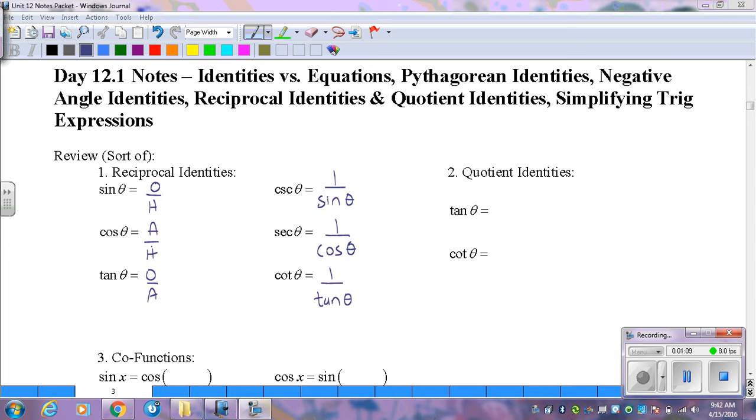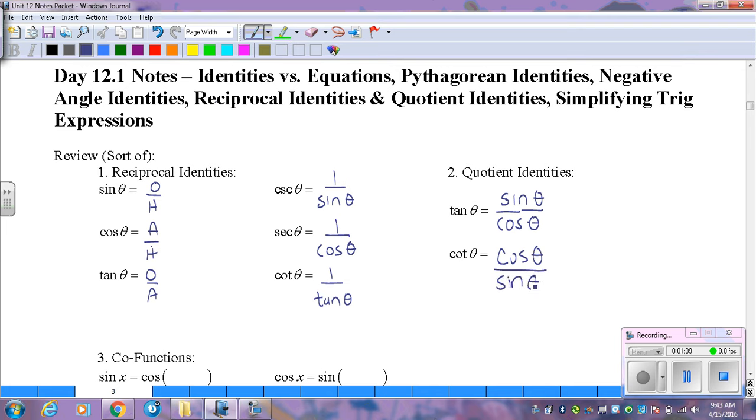So hopefully you had all of your identities correct. For your reciprocals, we've been using those quite frequently through these last couple units. All right, our quotient identities, another way that we talked about writing the tangent of theta is to say that it was the sine of theta over the cosine of theta. And if cotangent is the reciprocal of tangent, then that's just equivalent to the cosine of theta over the sine of theta. So you'll see as we go through this unit and we simplify, we're going to verify some identities,